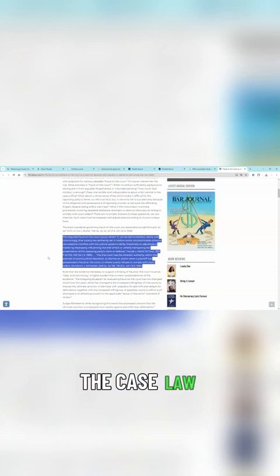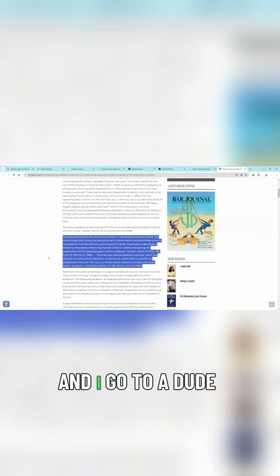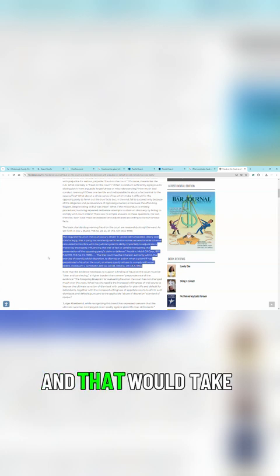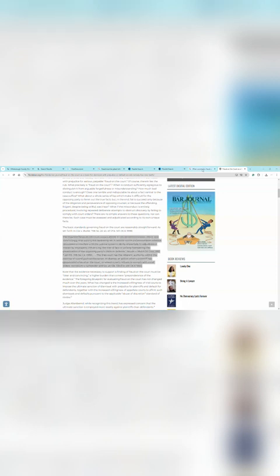And as you can see, with the case law, if I were in a courtroom and it was clearly stated that this constitutes fraud, I could cite Aoude versus Mobil Oil Company, 892 F.2d 1115, 1118, and that would take them directly to that particular case citing, as we all know. So we kind of have an idea what it is.